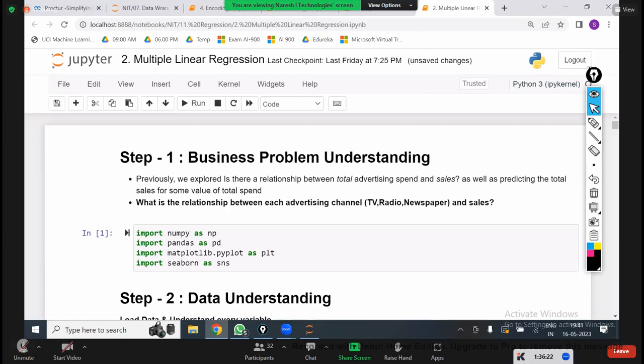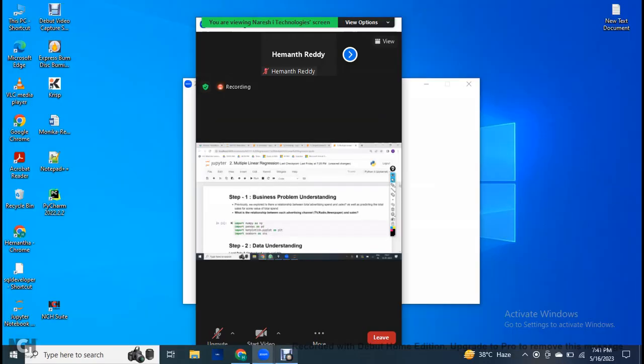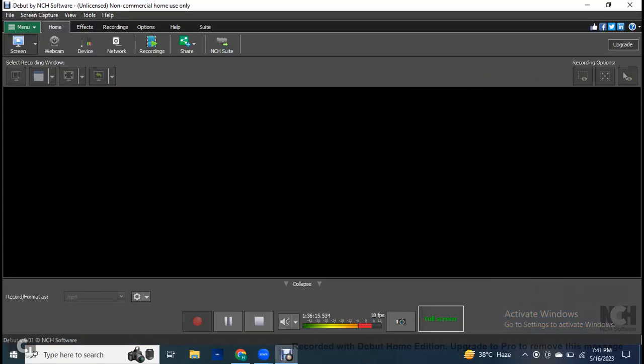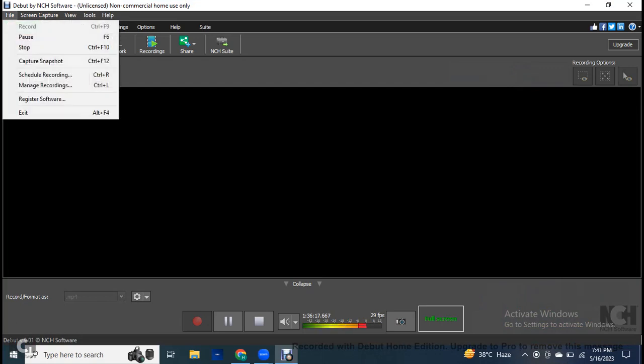Everything, please try to understand. Everything is connected to each other. Hypothesis test is connected here. Linear regression is connected here. And